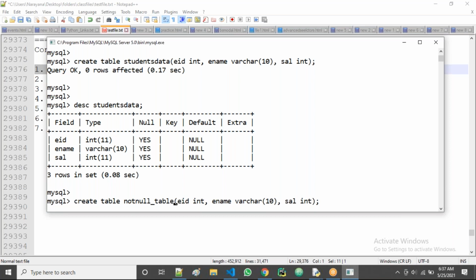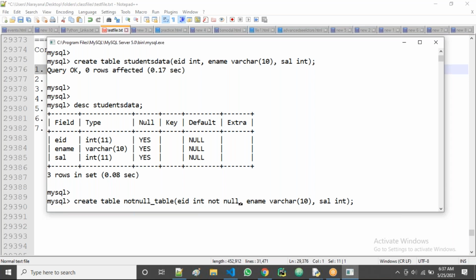For the integer EID, I don't want null values, so I specify not null.